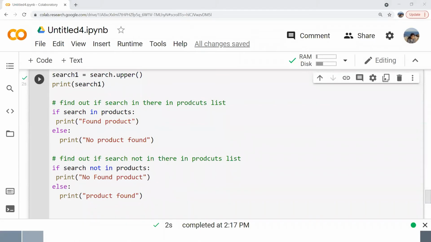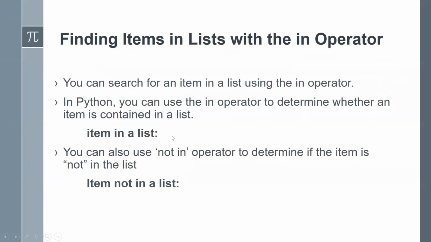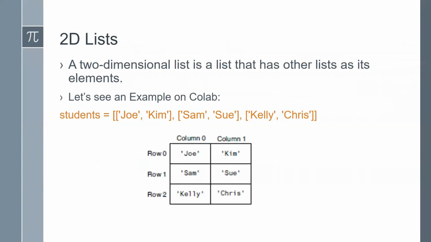Okay, so let's go to the next one. I think we are running behind, so we are going to talk about 2D lists. We talked about item filtering and everything. So, two-dimensional list. What we have seen so far is all a single